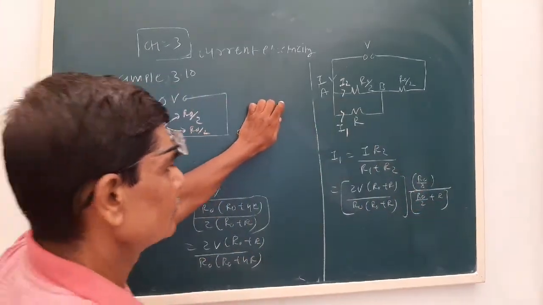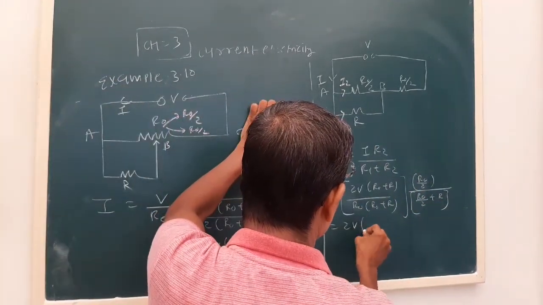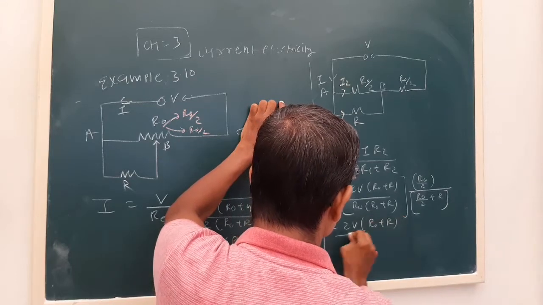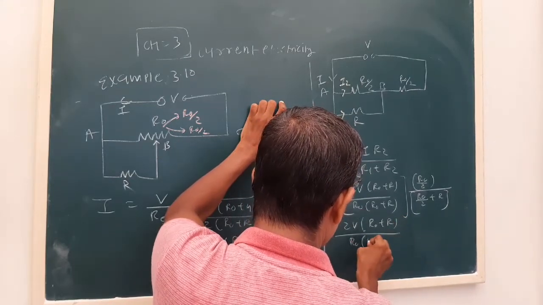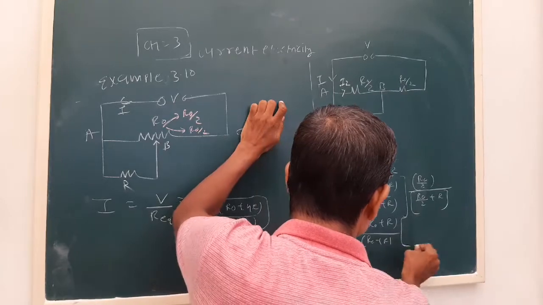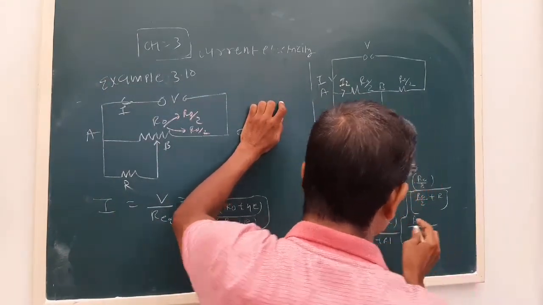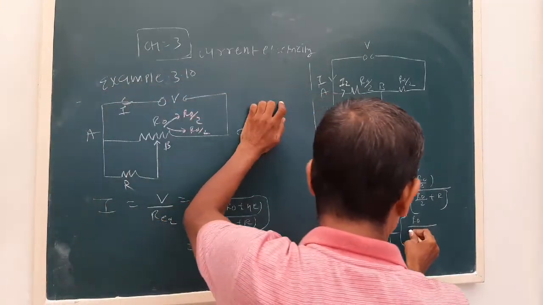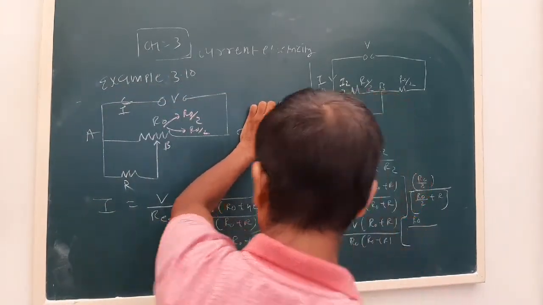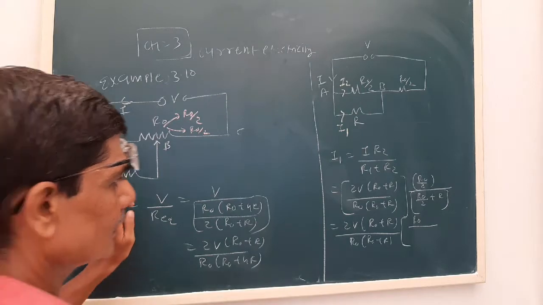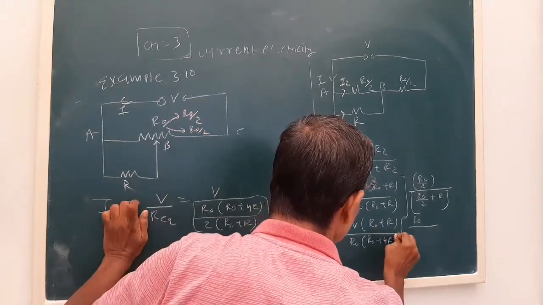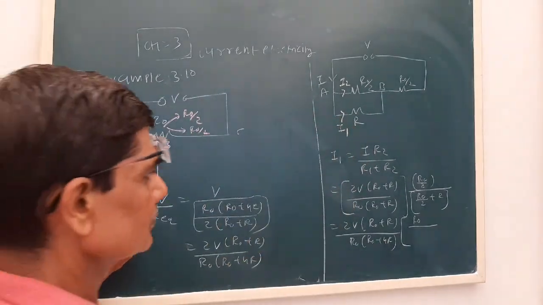Now this will be 2V R0 plus R, R0 plus R. If I simplify, these two will get cancelled. R0, here it will be 4R, sorry. R0 plus